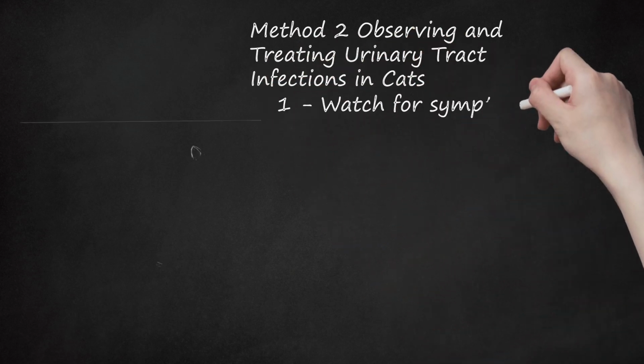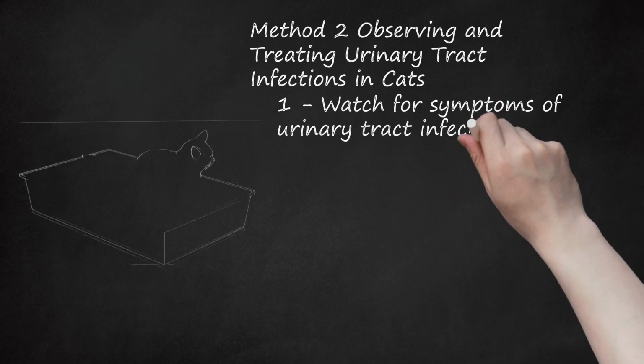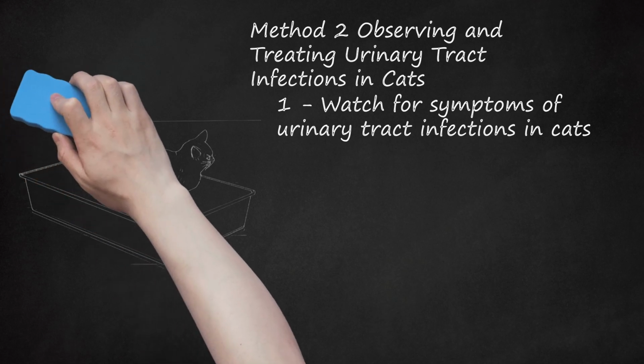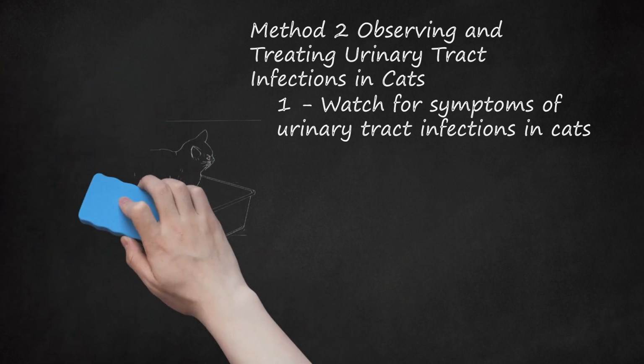Method 2: Observing and treating urinary tract infections in cats. 1. Watch for symptoms of urinary tract infections in cats. Pay attention to your cat and note if you see any of the following: straining to urinate, yowling or making other sounds while urinating, urinating only small amounts of urine at a time or none at all, frequent trips to the litter box, blood in the urine, urinating outside the litter box, changes in water consumption, often an increase,